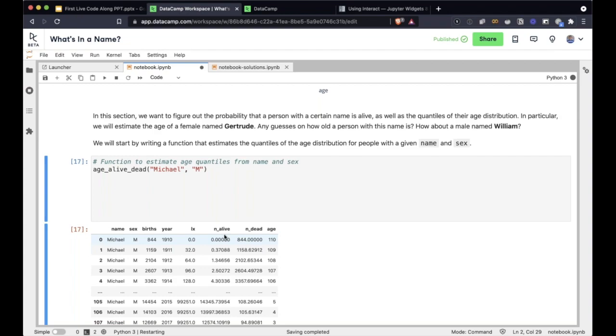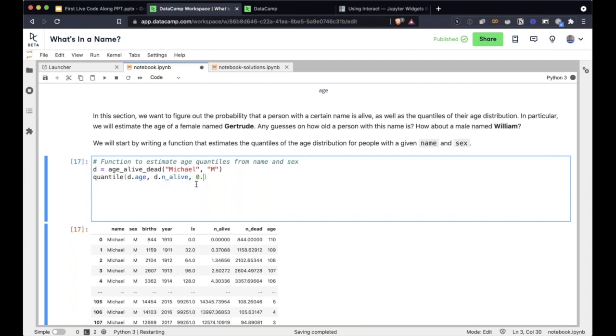This is weighted data. Typically, if it's raw data, you will have different people at different ages. But here we actually have a weight. For that, we already imported a module called wquantiles, which is a weighted quantile. I will show it to you for one name, and we can then turn it into a function. I'm going to store this as the data frame d. The syntax is quantile, d.age, d.n_alive. Those are the weights.